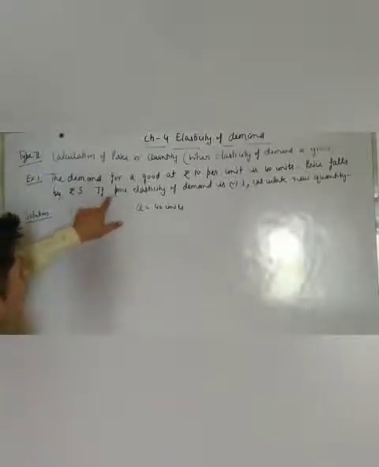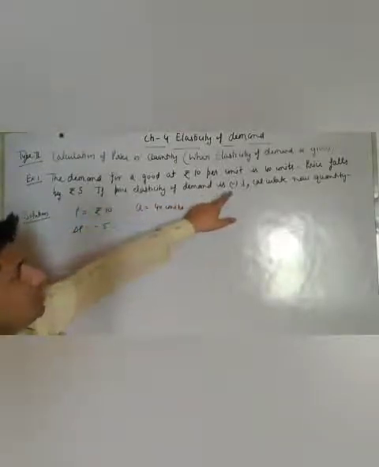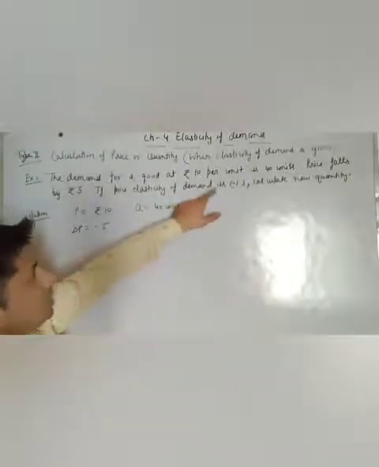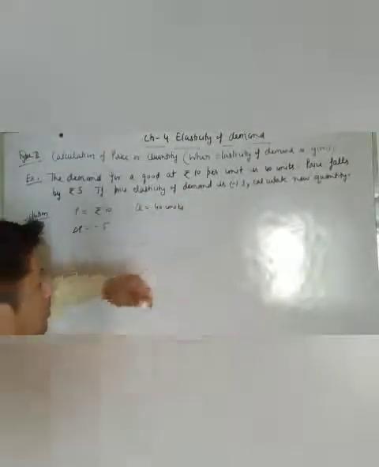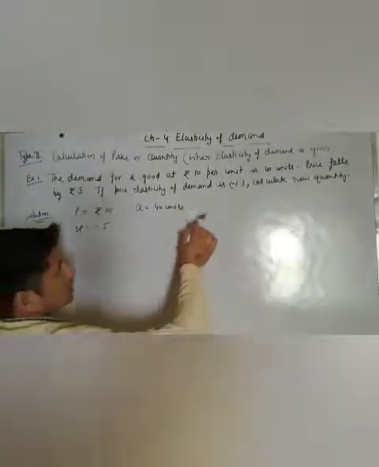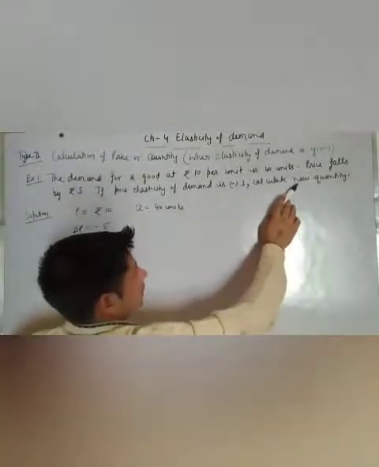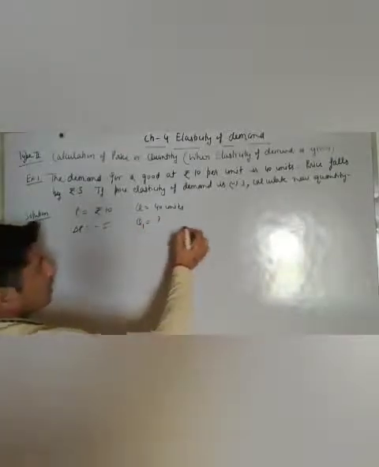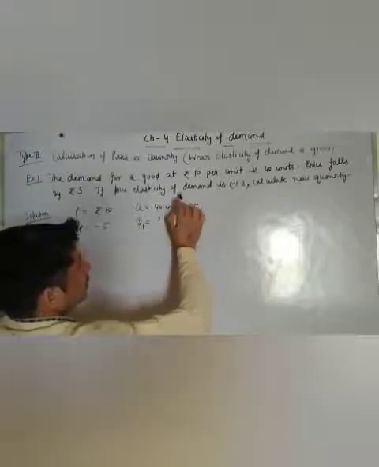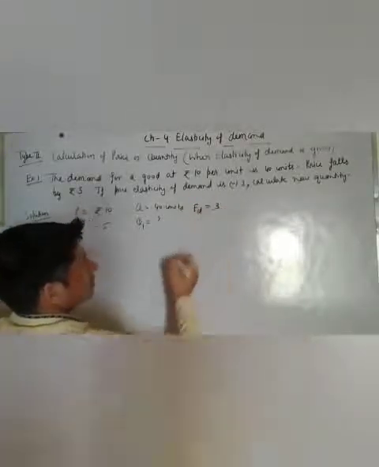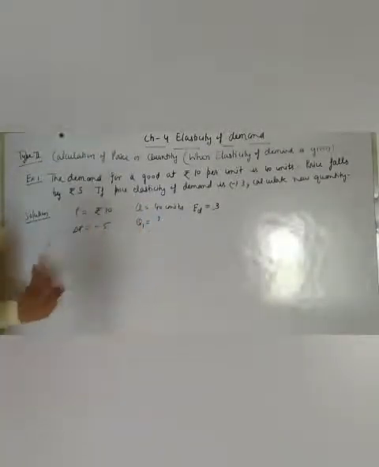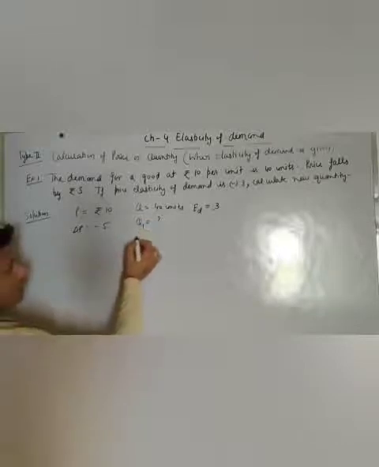See, after this, if price elasticity of demand is minus 3, always remember we will always take price elasticity of demand as a positive number. So after this, calculate new quantity, Q1. We have to find Q1, and the value of ED is 3. So I hope all of you have understood that this information is given.